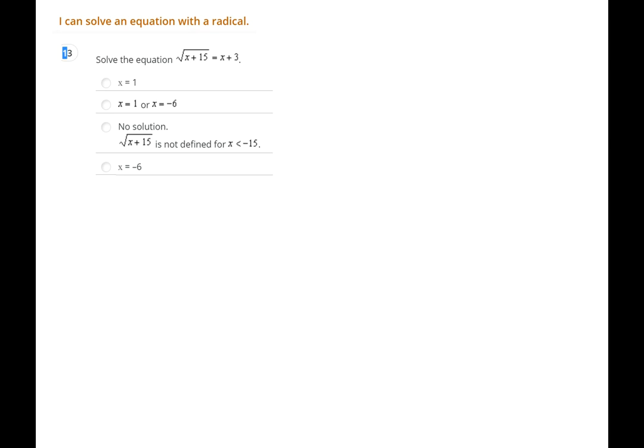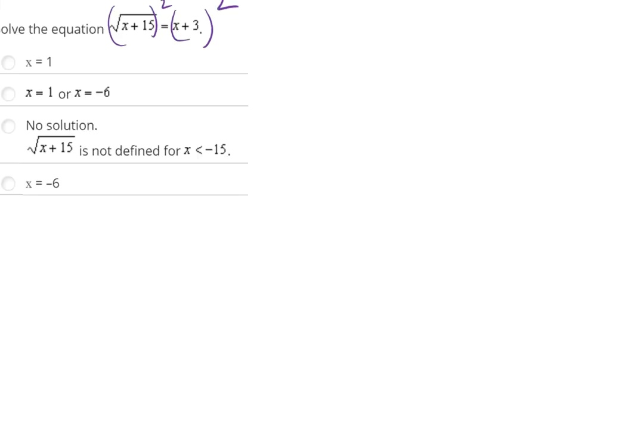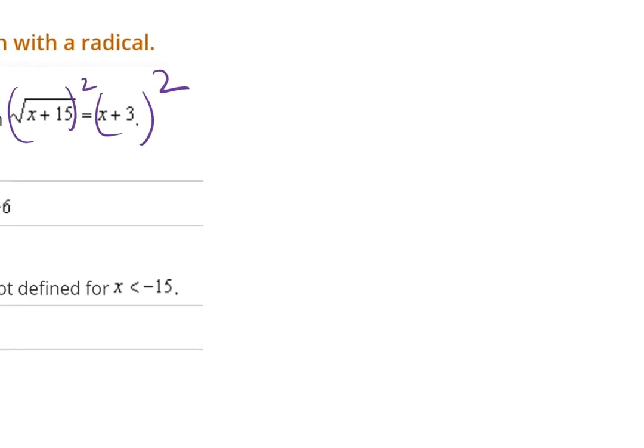All right, this one here is probably the trickiest one of all of them. So we need to get rid of the radical, we have to square both sides, and over here I have to square it with the binomial. So I'm not just squaring each individual part. I'm having to remember squared means